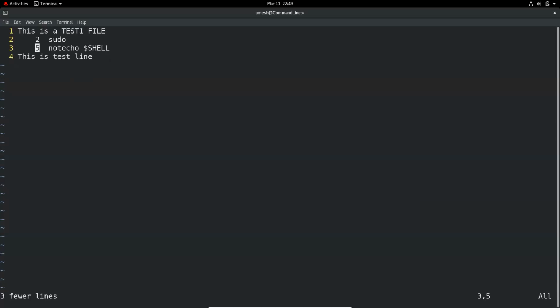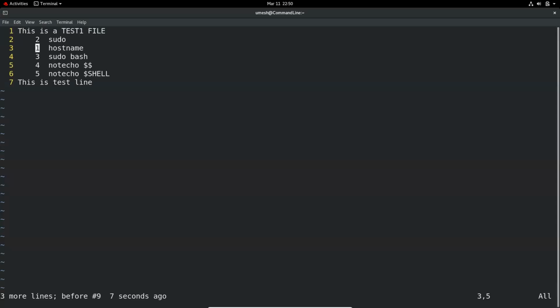And if I undo now, it will undo all 3 lines because it was only 1 command. But let's say I deleted them separately, so those are 3 commands. Now if I do 3U, then all 3 changes are undone by the command. So that's how you can use it.